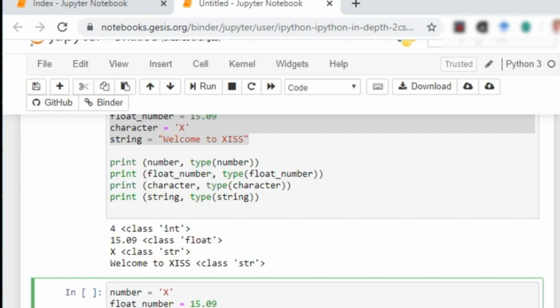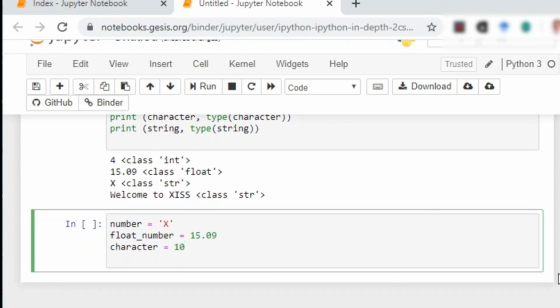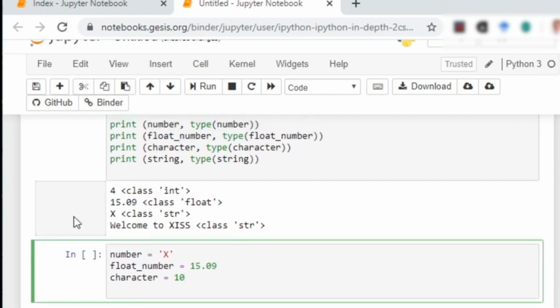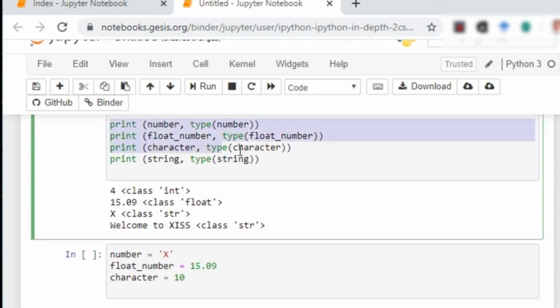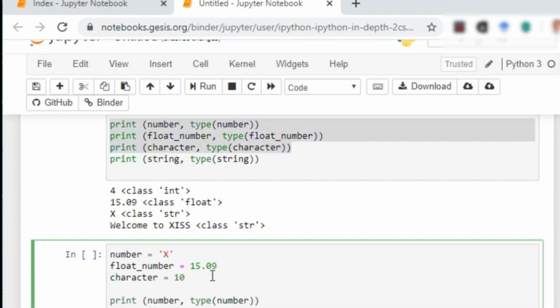Similarly, I will type, or I can copy it from here and write it here. So let's say, what's the type now? As you can see, in number I have written X in quotes. So number must be identified by Python as a character. Float remains unchanged. And against character I have written 10. Right. So if you can see